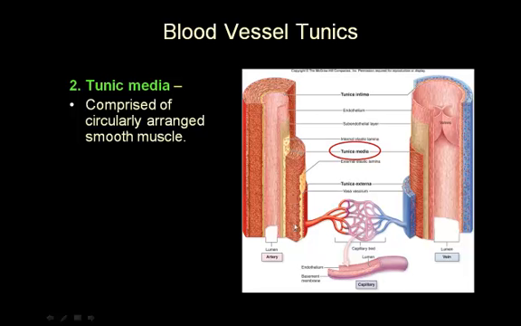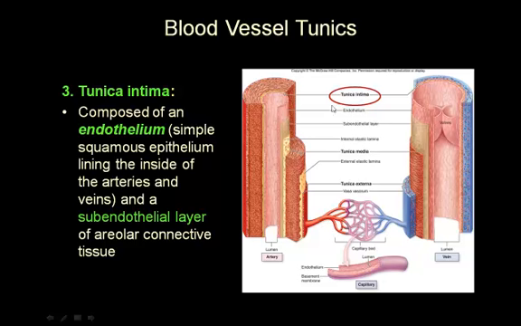The tunica media you can see is a much larger layer in the arteries than it is in the veins, and this is because the arteries are under much more pressure, and so you have this muscle layer to deal with that pressure and also to help regulate blood pressure levels throughout the body. And lastly, the most inner layer is the tunica intima. This is composed mostly of simple squamous epithelial. It has an endothelium lining, but in addition it does have a subendothelial layer, which consists of a small amount